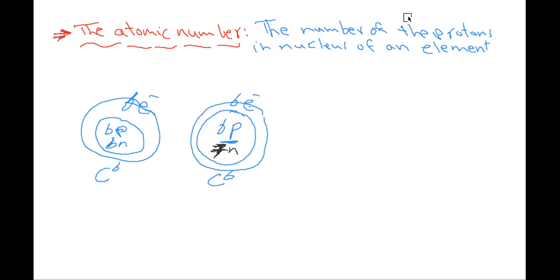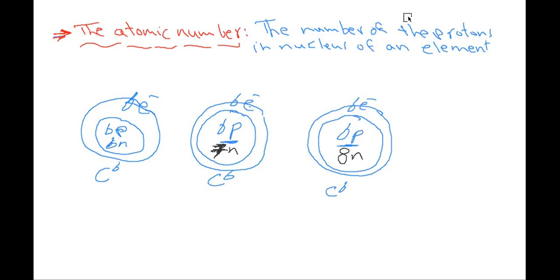It's okay. Next, a few years later, they found another atom with 6 protons. Okay, 6 protons, so we call it carbon 6. But hey, stop. We have 6 electrons. It contains 8 neutrons. What? Yes, it contains 8 neutrons. We have 6 electrons. So all these carbon atoms have the same number of protons. They have the same number of electrons, but they differ in the number of